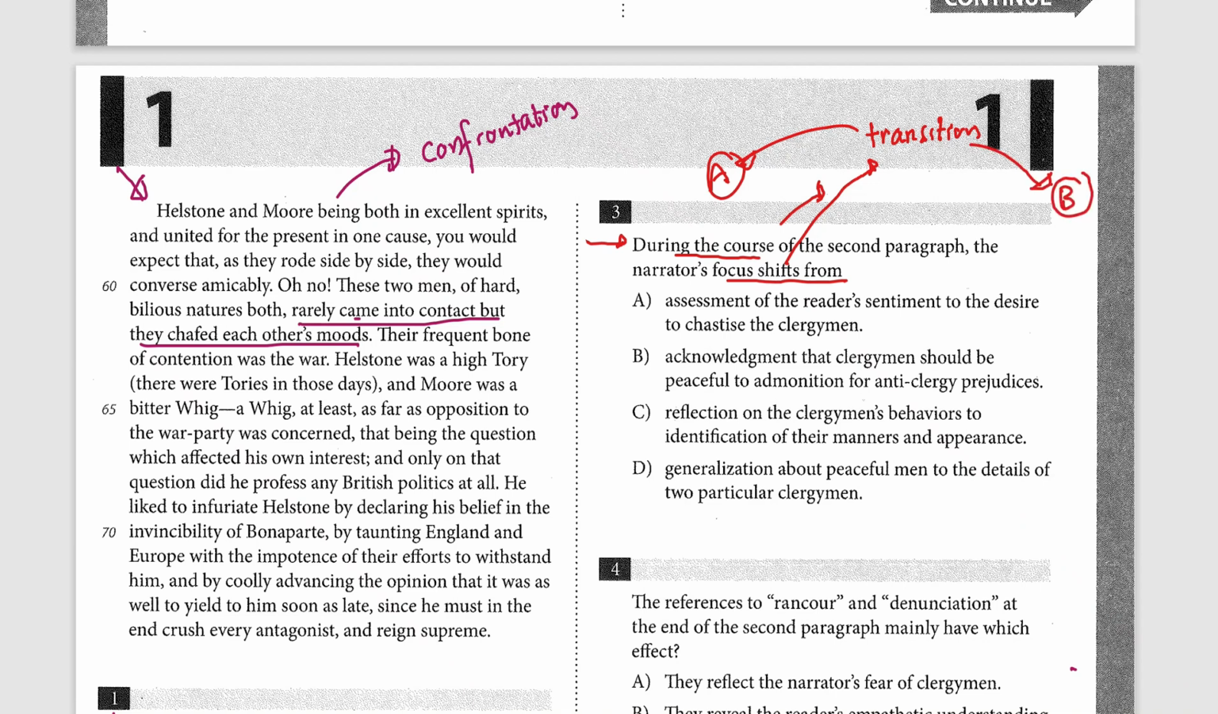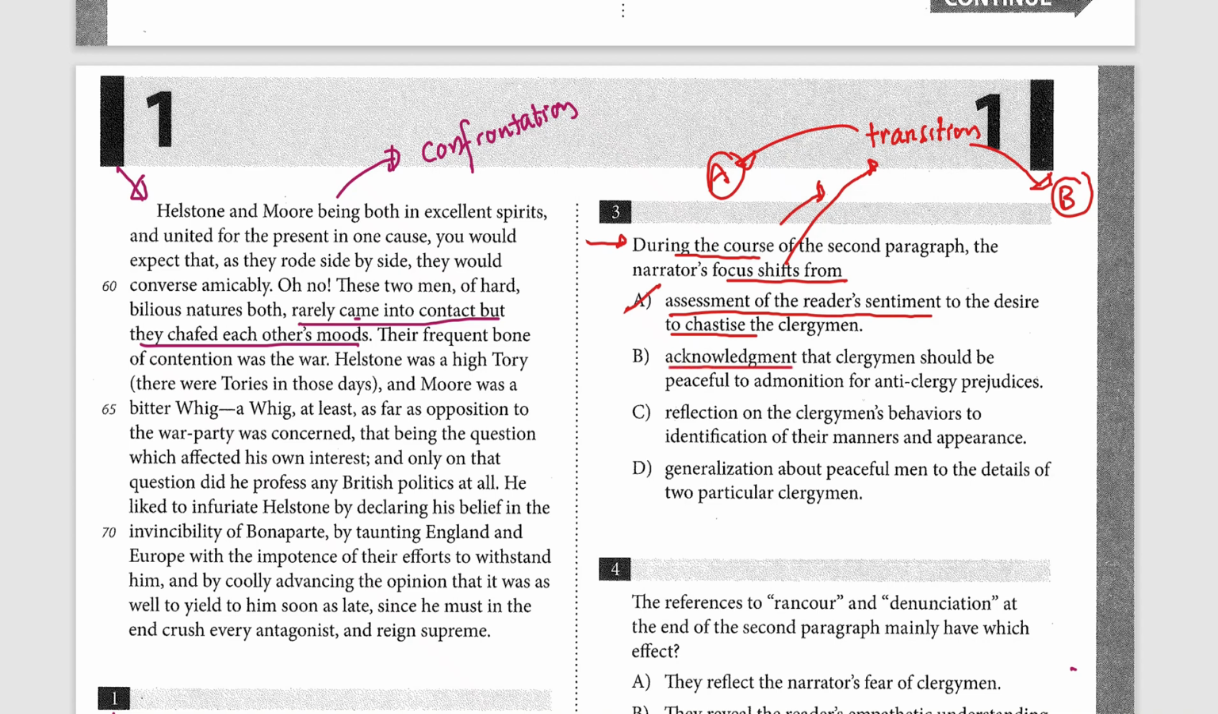Let us read together. Assessment of the reader's sentiment. The narrator begins by evaluating the reader's sentiment to the desire to chastise the clergyman. Okay. First, he did not begin with an evaluation of the reader's sentiment at all, and he did not end by chastising or criticizing the clergyman. Okay. B